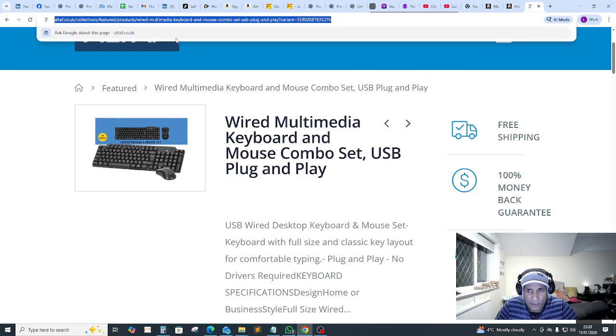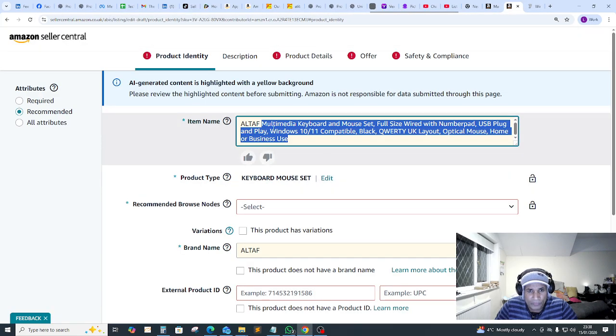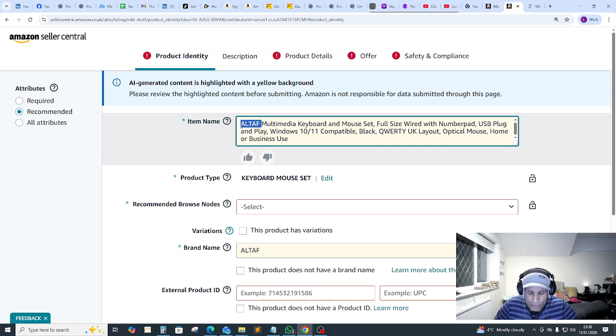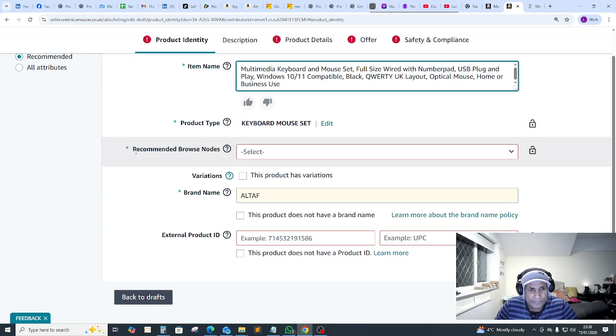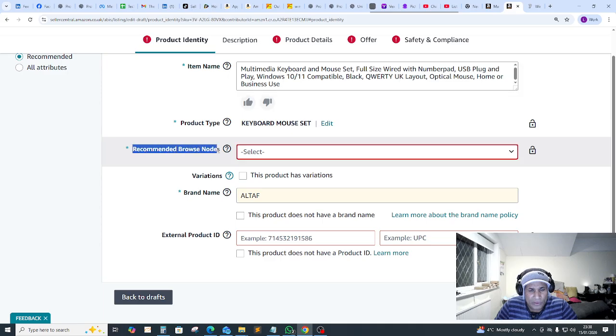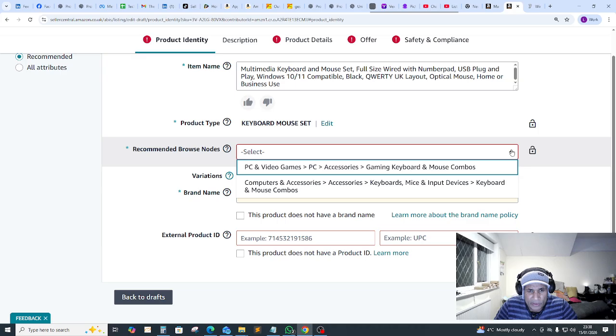So this was the URL which we gave to Amazon. So here you can edit a little bit according to your requirements. Like this is the item name, which is basically the title, and then there is a product type, a keyboard and mouse set, and here are the recommended browse nodes. Like we discussed before, these are the Amazon categories where we are supposed to list the product. So you can see here